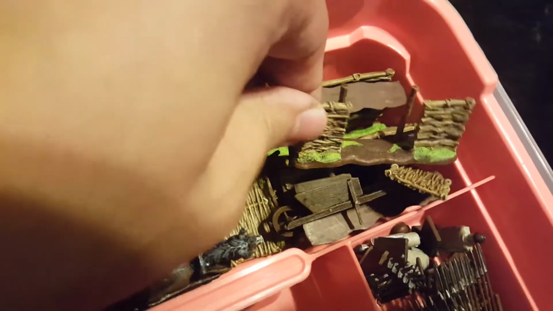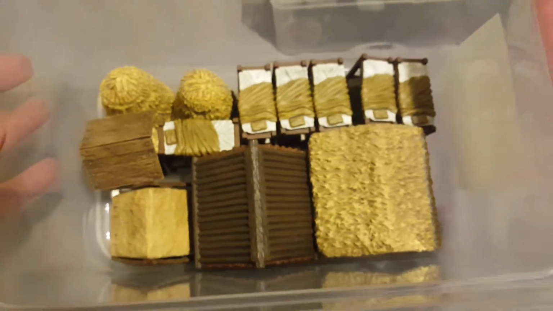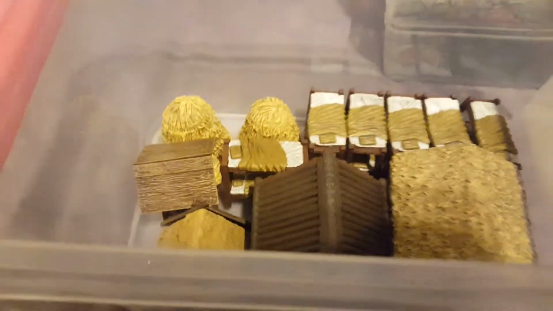WizKids farm stuff. Anyways, it's too much to get specific with. Some horses from the WizKids set. Here's barracks, beds, bunk beds, and some farm stuff. Most of these buildings open, which is cool too. That's more WizKids pre-painted stuff that they make. You can just buy it at your local game store. That's pretty much it. I have some other odds and ends, some WizKids tables, some Hirst Arts boxes, Hirst Arts